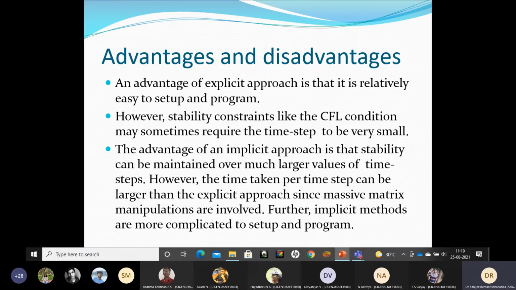Not that it will be stable for all time steps, but they can be much larger than those for explicit time steps. But the time taken per time step can be much larger than the explicit approach because massive matrix manipulations are involved. Imagine inverting a matrix. You have to find the cofactor and adjoint matrix of each and every element. And if you want to evaluate the adjoint matrix, that will be one order less. You have to evaluate one more matrix. You keep on doing it until you